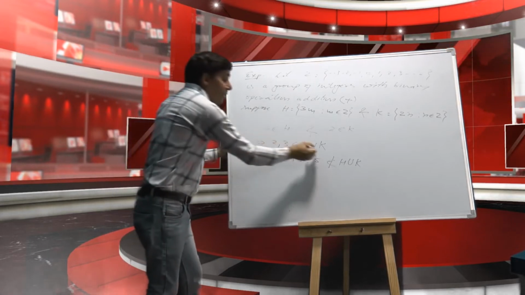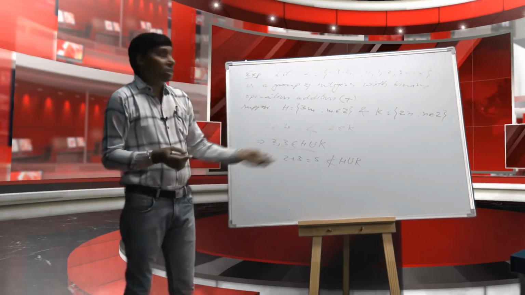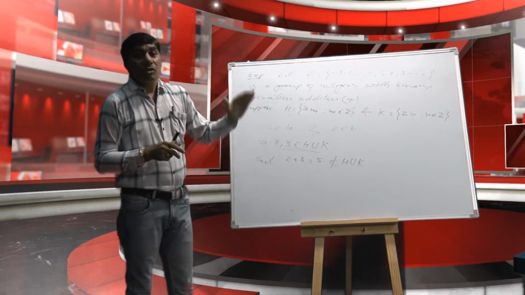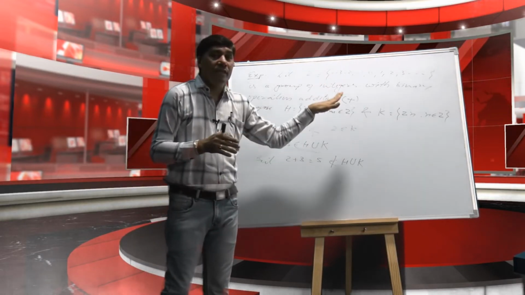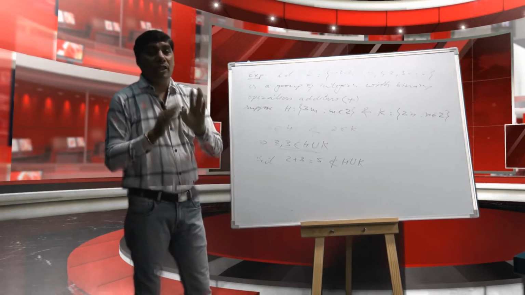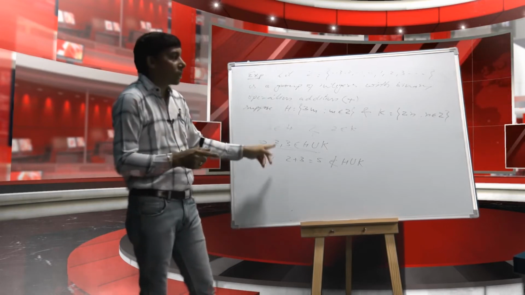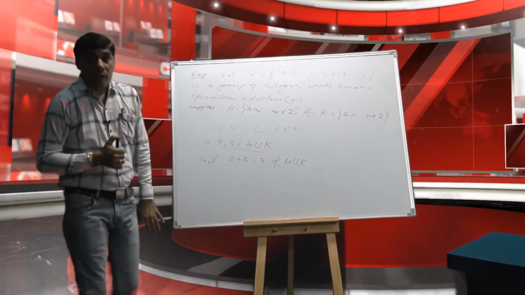We take two elements of H union K. Then their sum 2 plus 3 is equal to 5. It does not belong to H union K. So H union K is not a subgroup of Z. That means the union of two subgroups need not be a subgroup, but the intersection of two subgroups must be a subgroup.